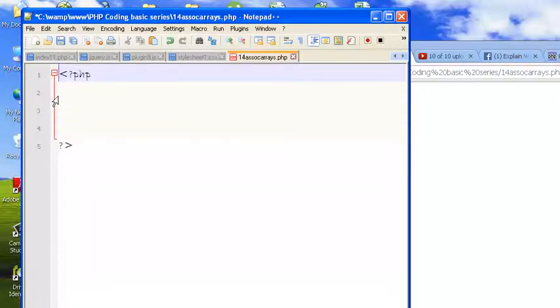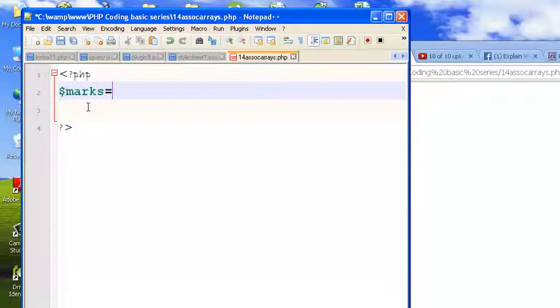Now, as I've already told you, when we define a normal array, the indexes are 0, 1, 2, 3 by default. But here, this is more about a school wherein the different subjects have different weightages.